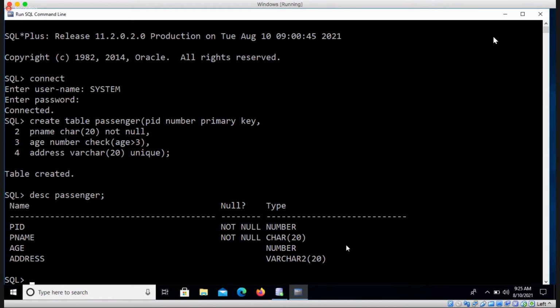Okay. So if you describe this passenger table, describe is a command to show the format of your table. So PID is declared as a primary key, and we know that primary key is a combination of unique plus not null. So in the null column, it will be not null, right? And the PNAME, that is the passenger name, we have declared with the constraint not null. So in the null field, you have the criteria like not null. So when you talk about age and address,